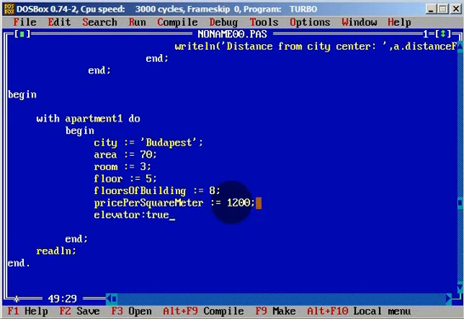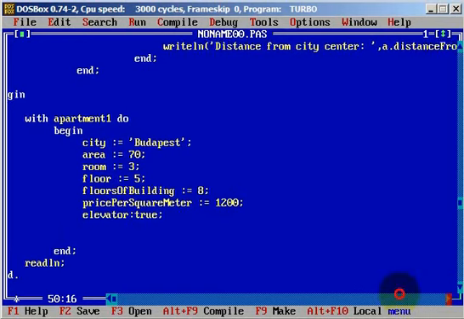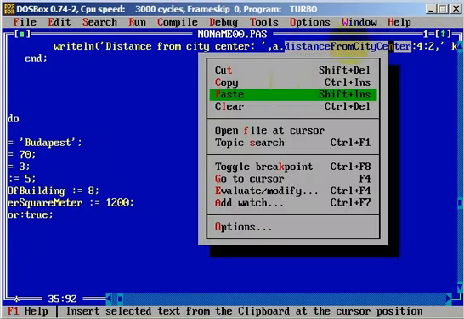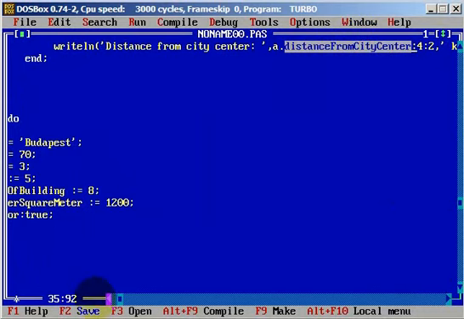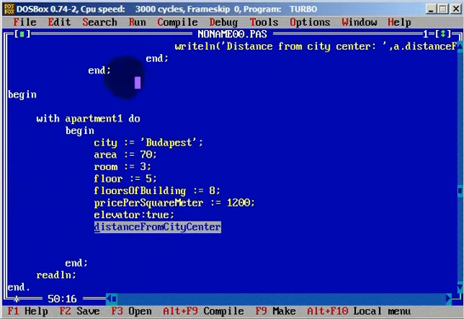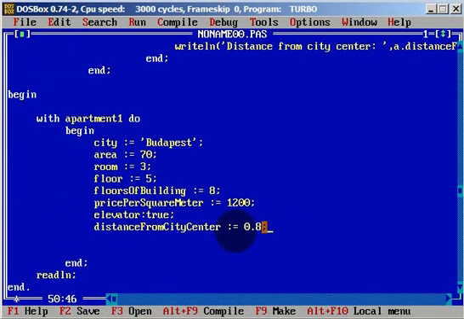We will type true, and just a second, here is a field, distance from city center. Okay, it will be 0.8. Okay, this will be good. Just a second. Okay, it's enough,